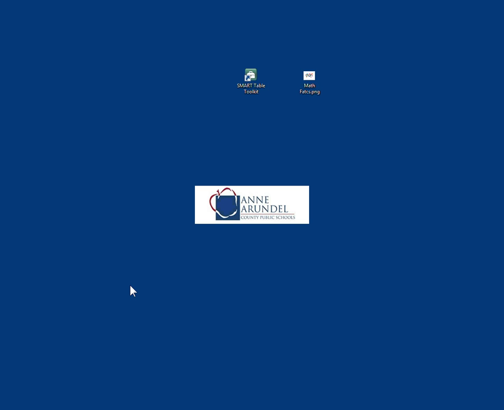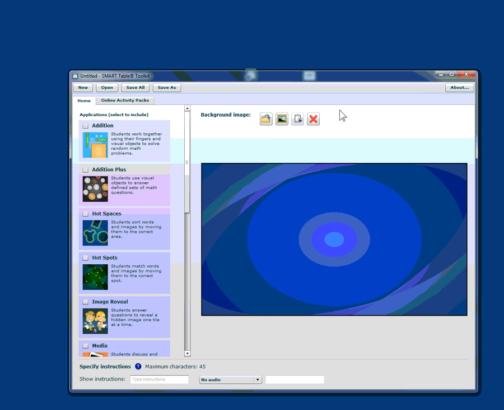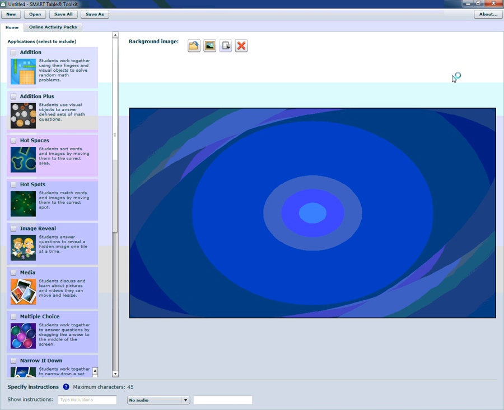In this short video tutorial, we're going to be introduced to the Smart Table Toolkit. So you'll see I have the icon here on my desktop, just like any other program. Double click and it's going to open that program that I can use to create and edit Smart Table activity packs. So on the left-hand side, we see all the different applications in which we could build an activity for